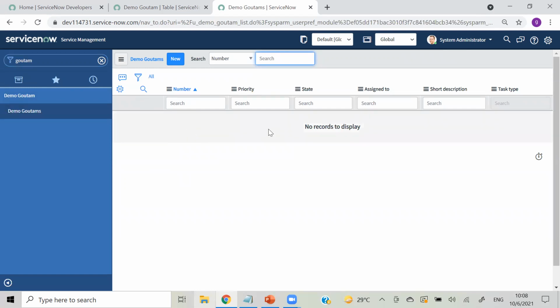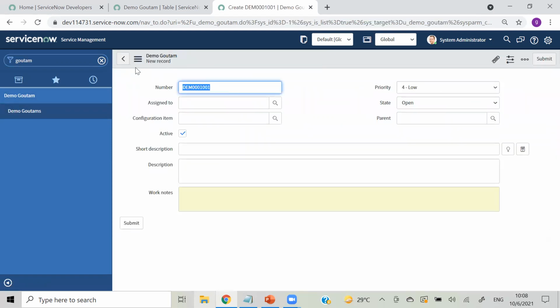If I click on new, a default view will also be created for this demo Gautam, and you can see this DEM, that is our prefix. Then we selected that our number will start at 1000, so 1001, and we said 7 digits, so 000.